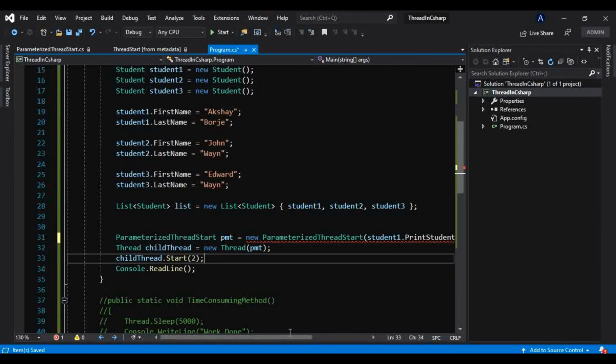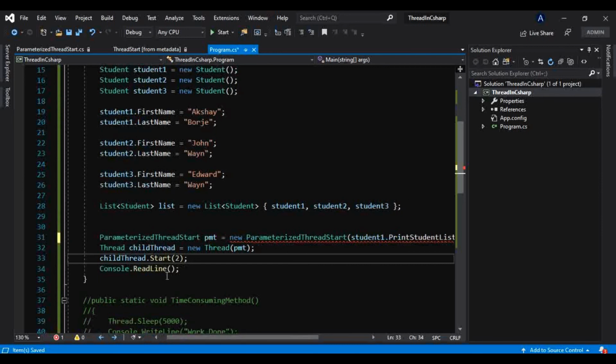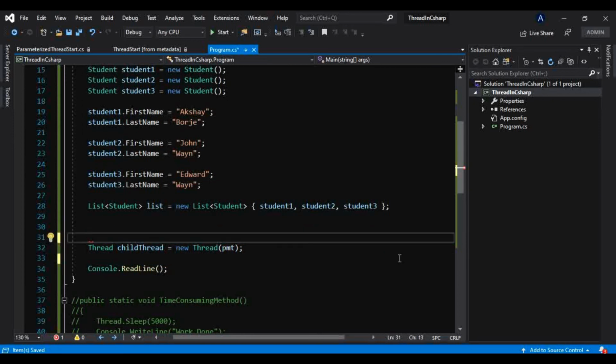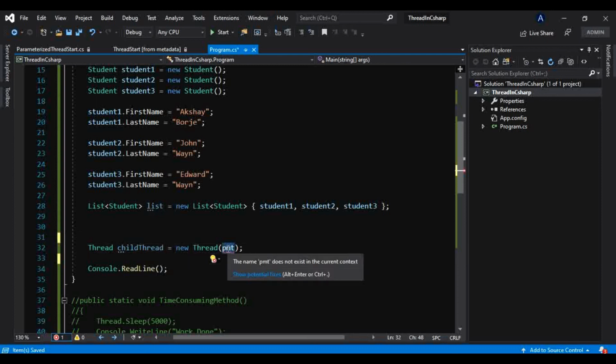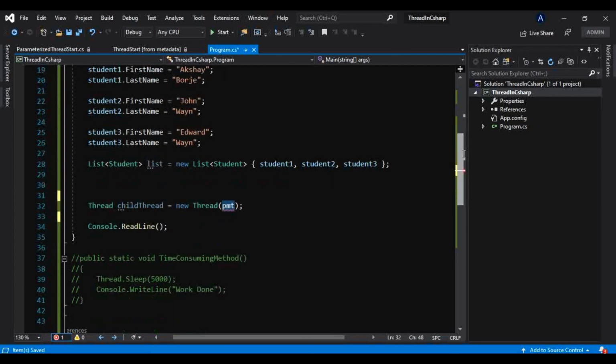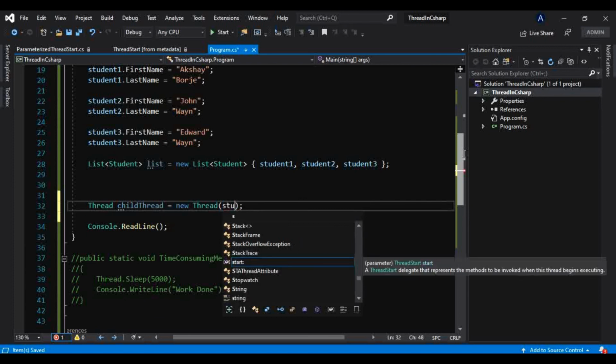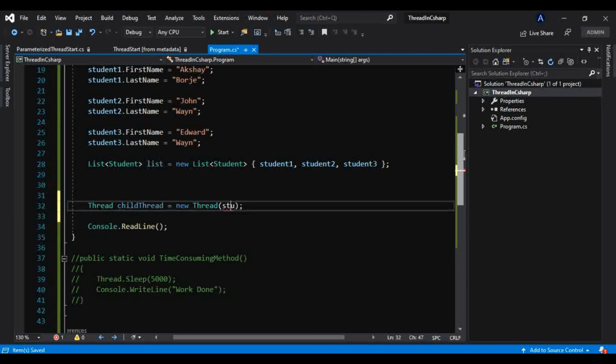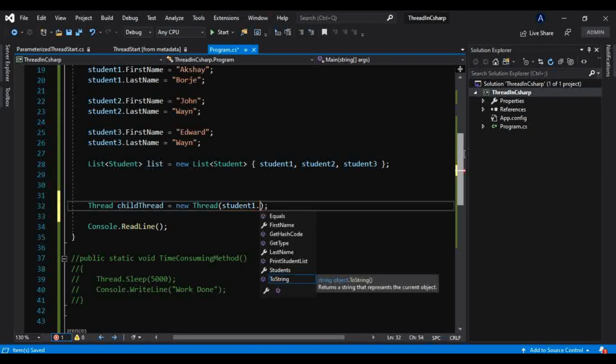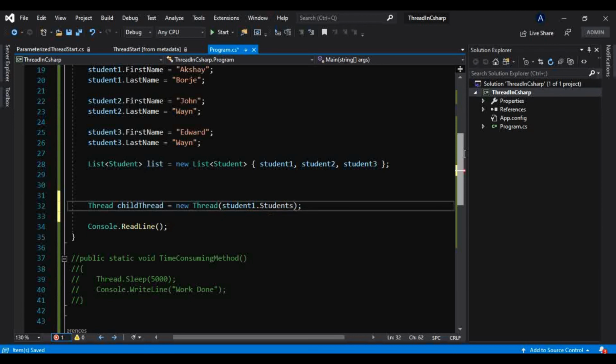And yes, now we don't have to use the ParameterizedThreadStart here. We can directly use that method here, that is student1.PrintStudentList.